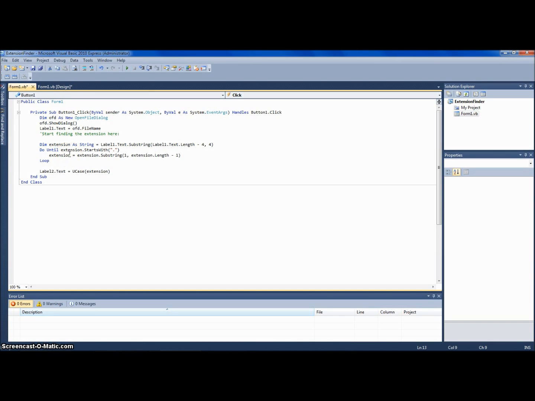Actually, add in one more thing, because the way it does it is that it programs it to do everything and erase all the characters until it starts with a period. Now, if it starts with a period, you don't want to say .txt file, you want to say txt file. So,